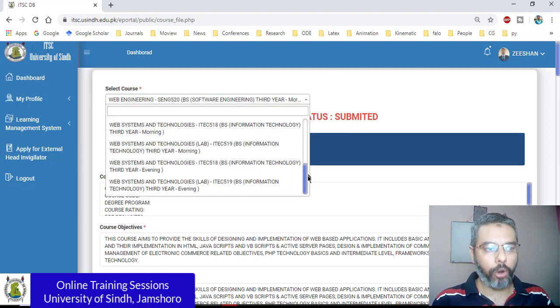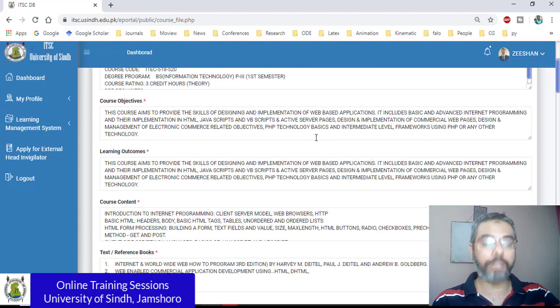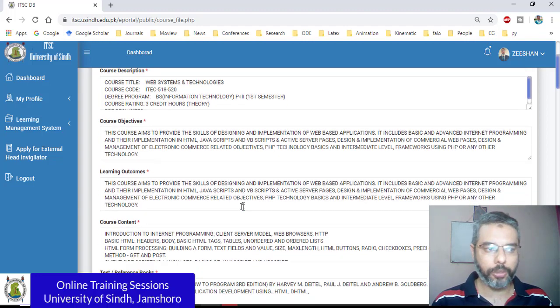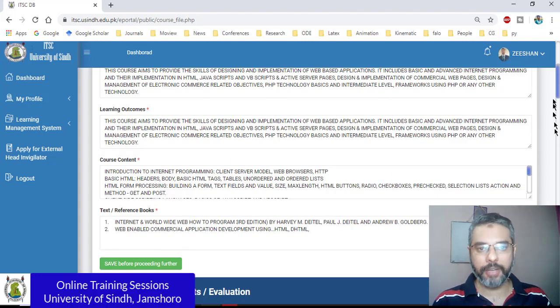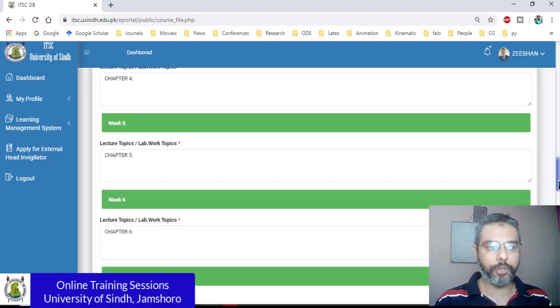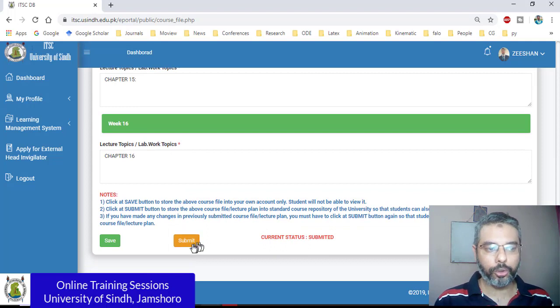All the data for all these courses is supposed to be entered. You're supposed to enter the course description, objectives, or learning outcomes. Obviously, you can change them as you want. Then the course assessment and the weekly plan for each of the courses are supposed to be entered. Once you do that, you click on submit. Submit basically means that the course is submitted for course materials to be uploaded, and the students are now